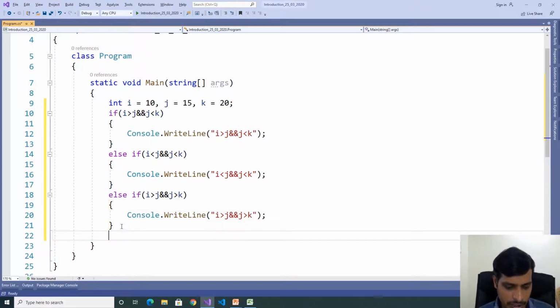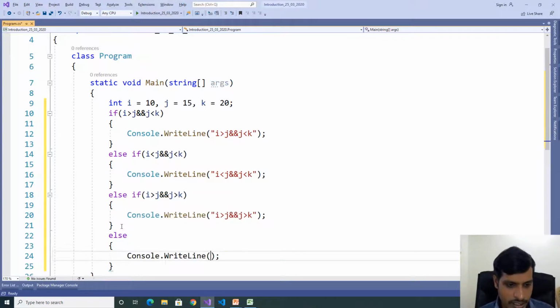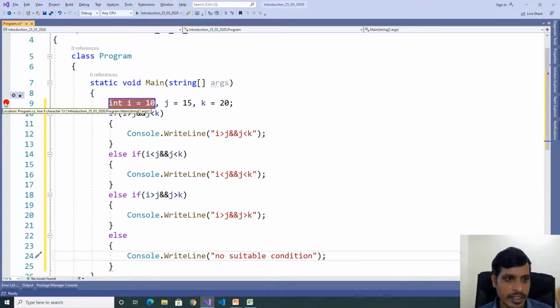Finally we have else, Console.WriteLine no suitable condition.